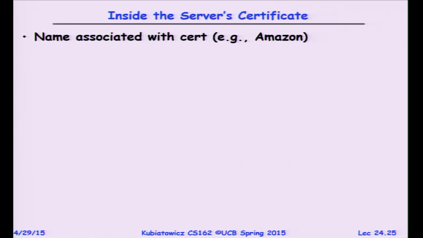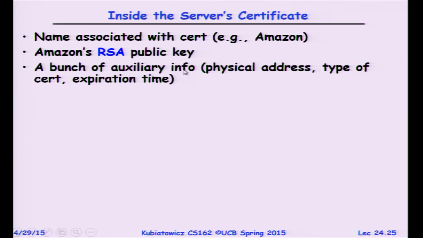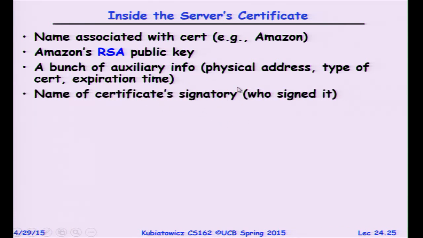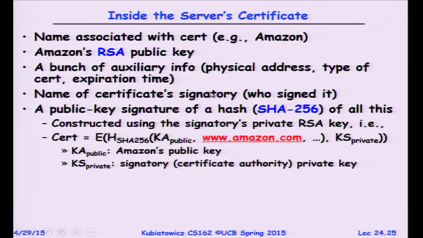So what's inside the certificate? Sort of name associated, namely Amazon, Amazon's public key, a bunch of other stuff like physical address and certificate type and expiration time, and who the signing person is, who signed it. That's the certificate authority. And all of this stuff is put together into a package, which you can then verify by checking the certificate that was sent there against the signatory's public key that's in your browser. This all sounds fine. Okay, except,